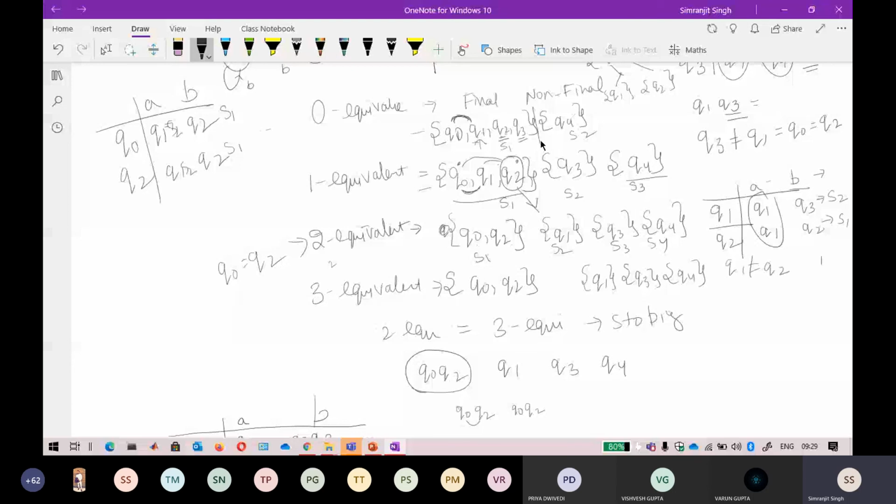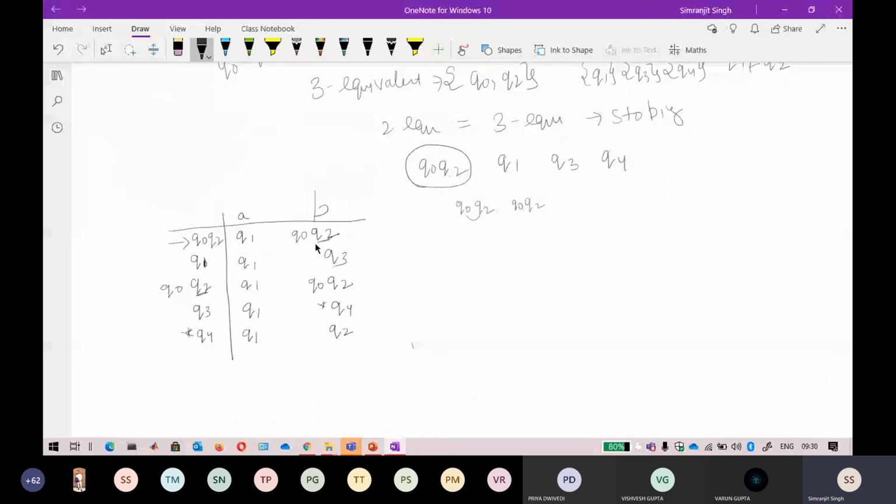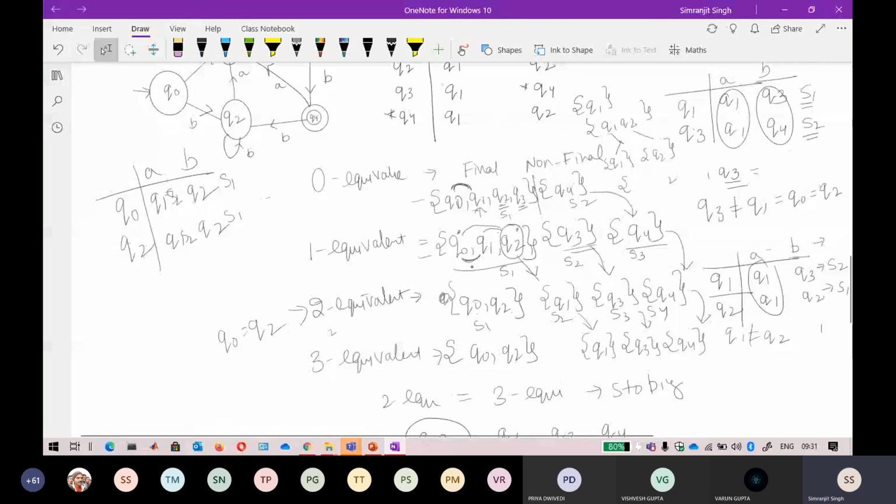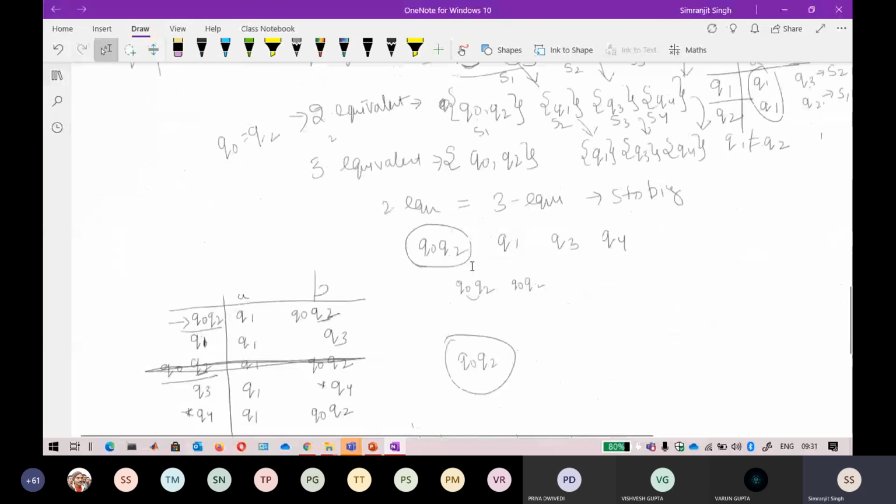Okay, so now wherever there is Q0 node, you will write Q2. Wherever there is Q2, you write Q0 node. Okay, so where this is Q2, write Q0 node here. I think that is okay. So now if you clearly see, the Q0 node and Q2 states are repeating, you can cancel this one state. Okay, so now the resulting states are 1, 2, 3, 4. If you draw the automata for it, it will become Q0, Q2. This will be your final state, I think. No, this is not your final state. The final state is only Q4.